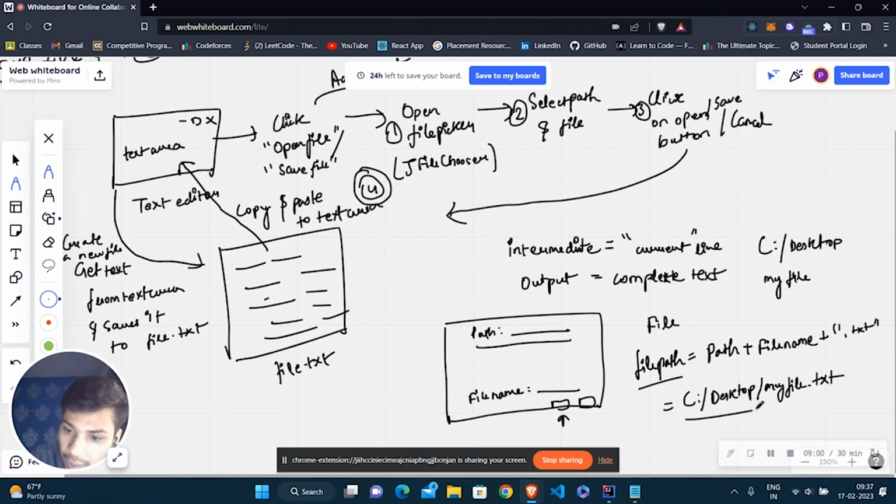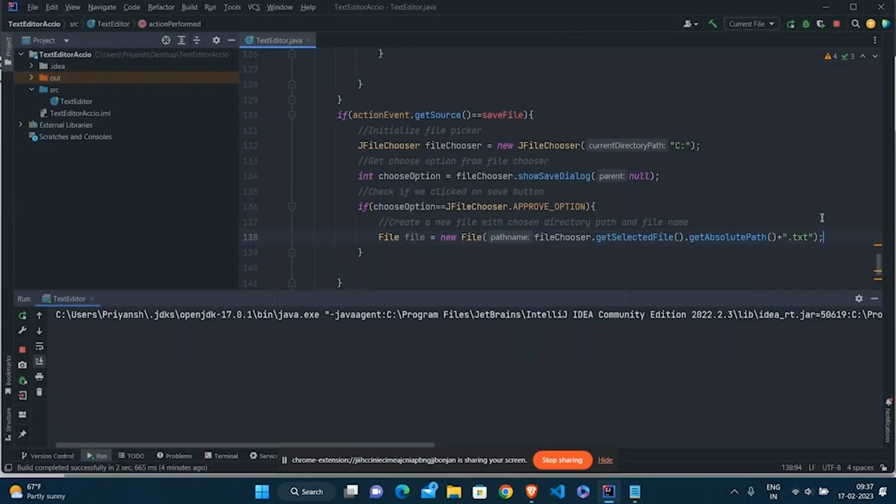So with this file path, we have created a new file instance.